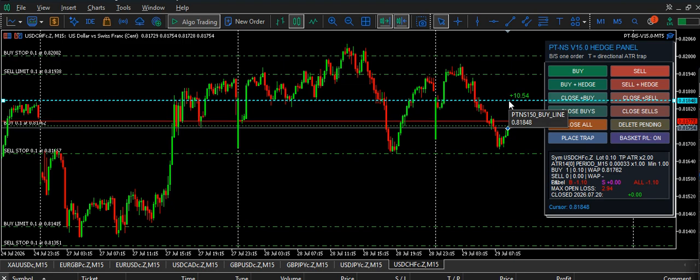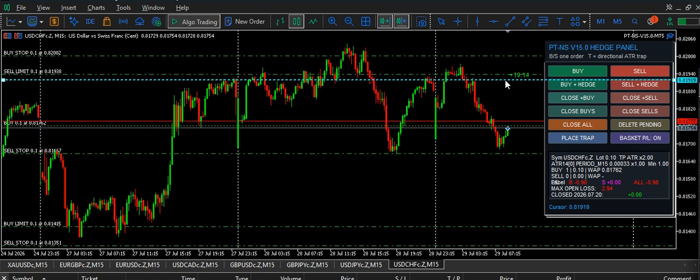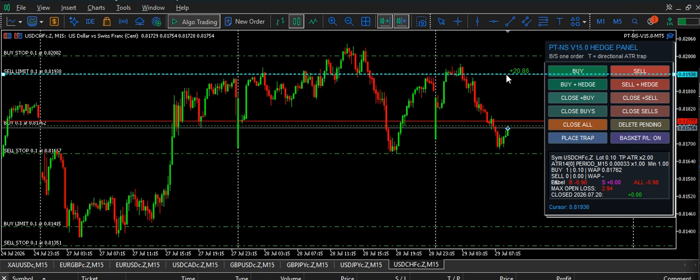In this case, I want this buy to run up to that sell there. So what I do is I just drag it up there. It's just convenient. Now I can walk away. If this buy goes up there, it will close profit, and then my close profit will show, and it will immediately sell. Should it run further, it will take that buy stop, and that's your risk there.